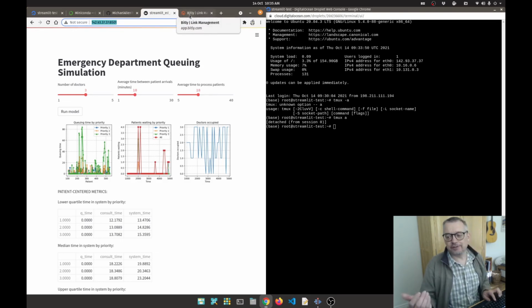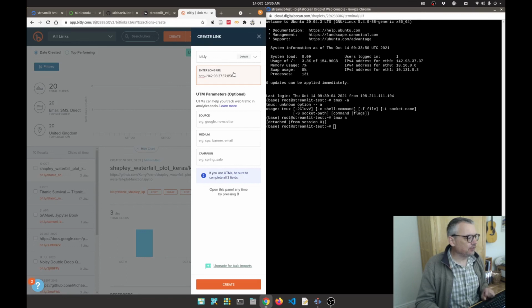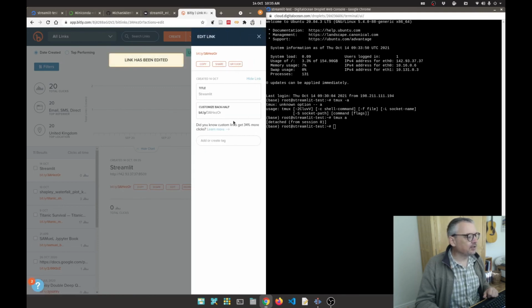If you want to register a web name, GoDaddy's a good place to do that. You can then, through GoDaddy, link this to your web address. But I'm going to just create a quick Bitly one. Enter your long URL, which is just where you want to go to, create,